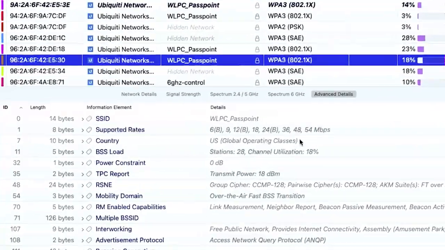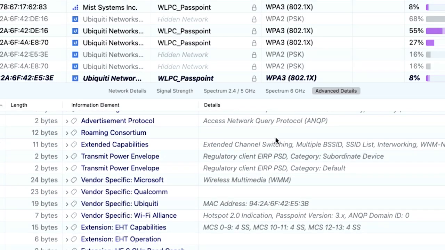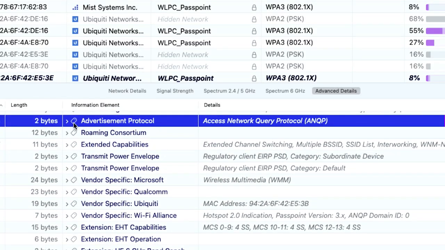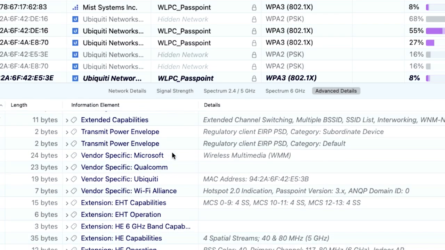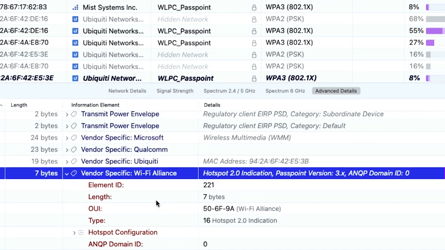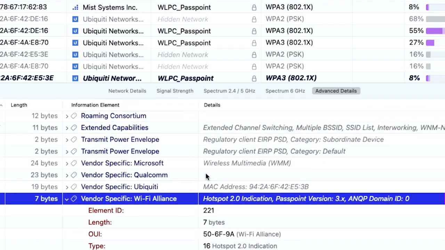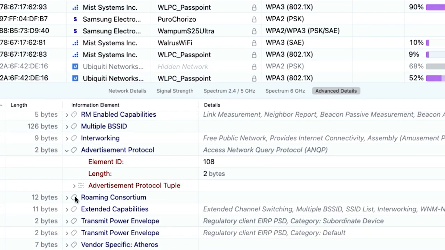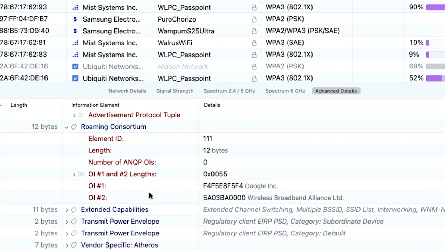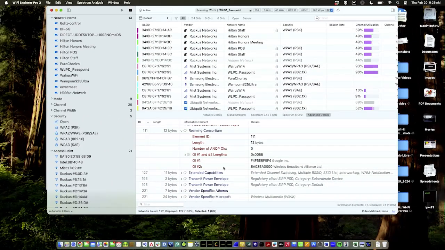And this is really cool. But then the problem is this is just standalone. See, I can see the ANQP, the advertisement stuff in there. And then I can also identify the vendor-specific Wi-Fi Alliance information element. And then we can also look at the roaming consortium information. But this is right here, right now where I'm standing. That's what I see. So one of the big challenges that I had at the beginning was how do I